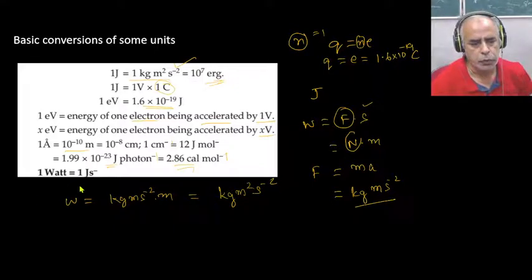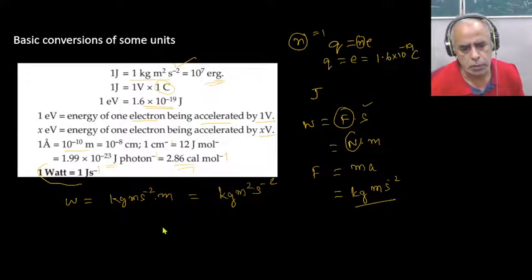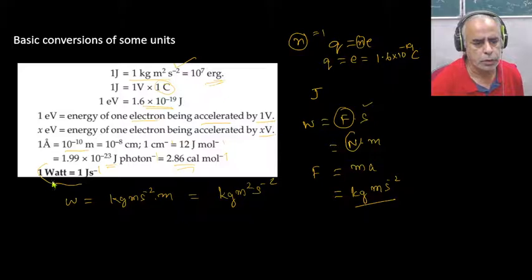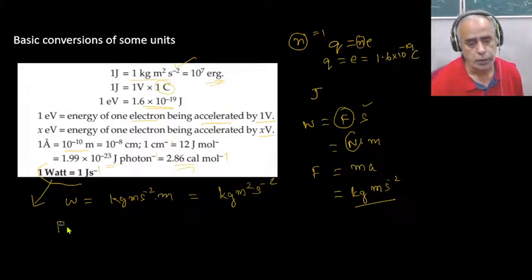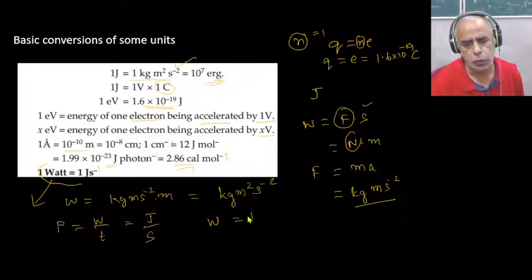And you should know something about this watt. So 1 watt is equal to 1 joule per second, right? What is in fact watt? It is nothing but the unit of power. So power is nothing but the rate of doing work, work divided by time. Work is given in terms of joule and time in terms of second, and that is why watt is equal to joule per second. I hope now it is very clear. Okay.